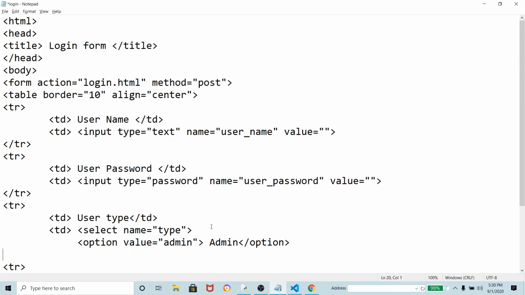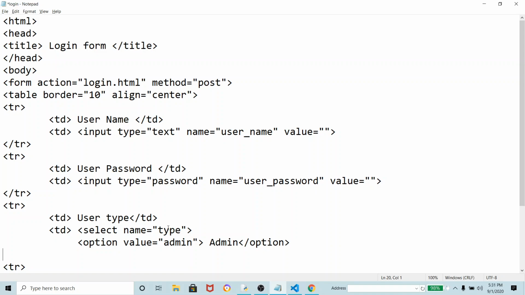We are giving a lot of options. When the user selects one, what will be the value of this type is given here. So name is equal to type, and under the name we have given a lot of options. User can select admin, user can select user, user can select office staff also. So when the user selects admin, the type value will become admin.